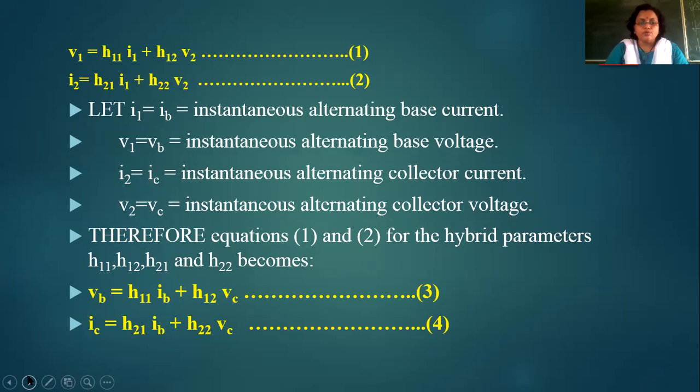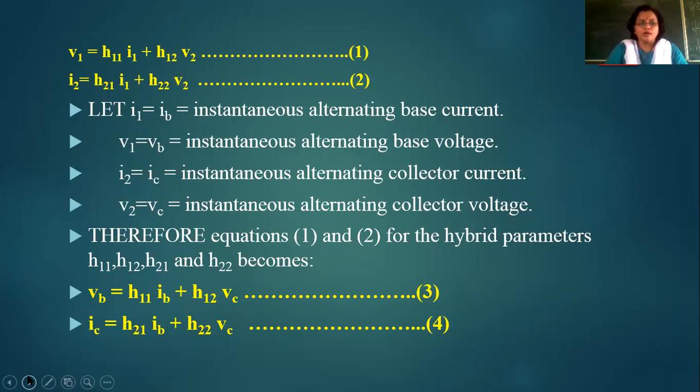I2 is equal to IC, the instantaneous alternating collector current. V2 is equal to VC, the instantaneous alternating collector voltage. Therefore, equations 1 and 2 for the hybrid parameters H11, H12, H21 and H22 become: